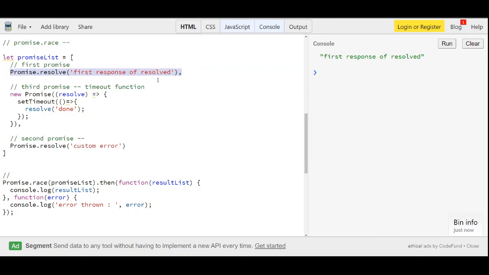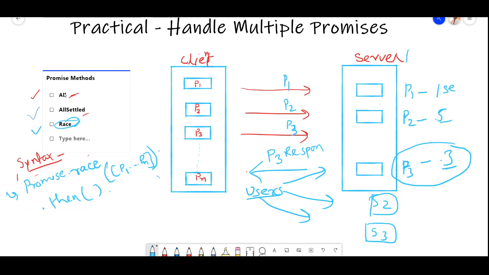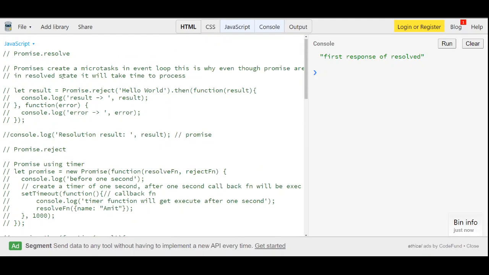So when it basically checks, it is a racing condition where whichever promise gets resolved first will be returned. Right, this is how the race method works, and this is the practical implementation of all the methods: allSettled and race, and we have also seen resolve and reject.